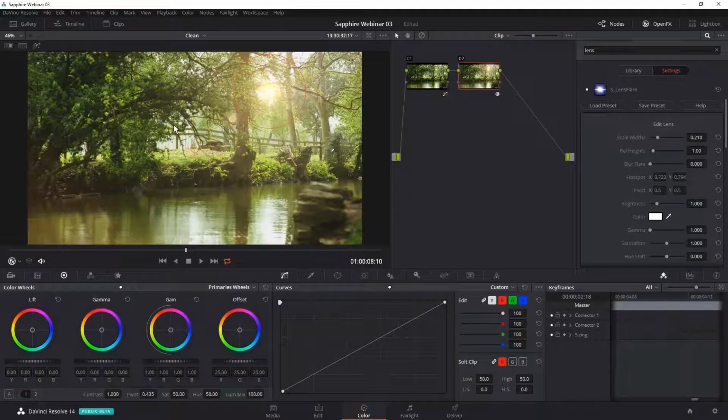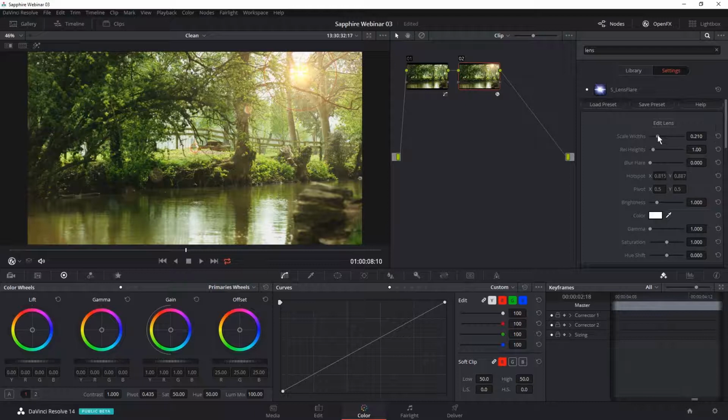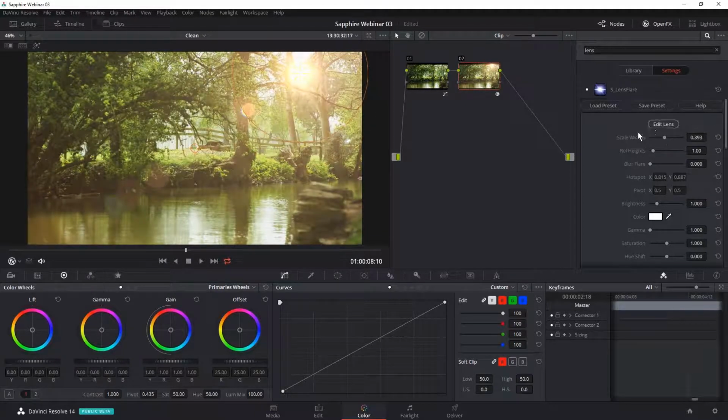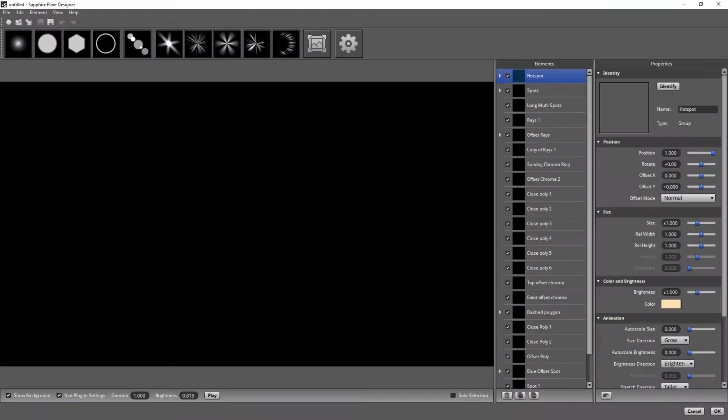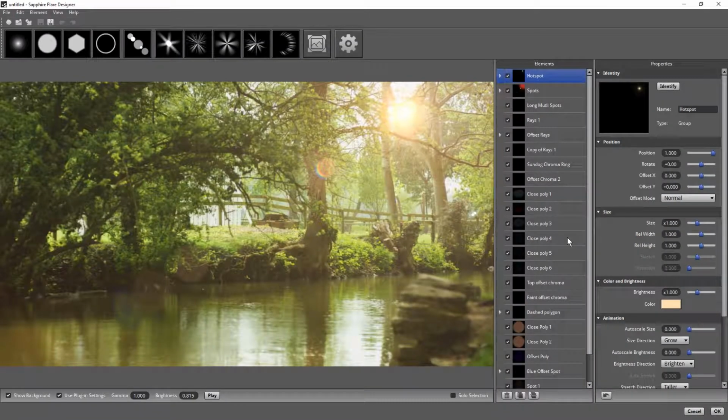So I hit load on that, and then that just brings up that preset directly into the interface for me. Now, once we've got that, obviously we can start to change that up as you would expect. We can change that in a couple of different ways. We can either use the sliders here to work interactively directly within the Resolve interface. But with the lens flare, we've also got the ability to go in and edit the lens. So instead of having a huge drop down where you just see your element and change the parameters on that particular element,